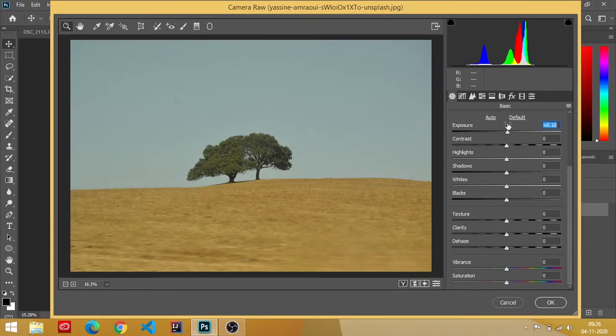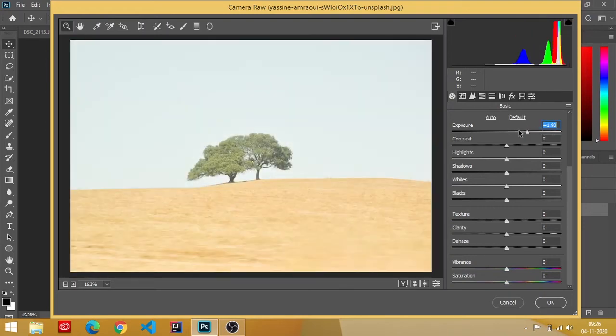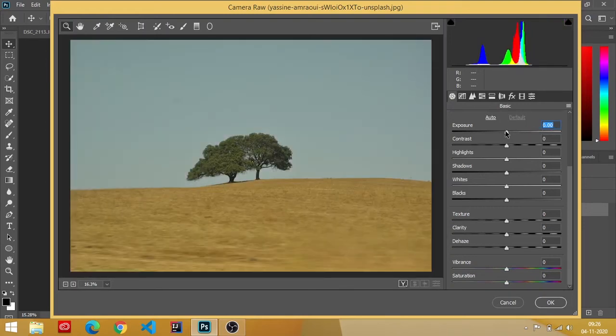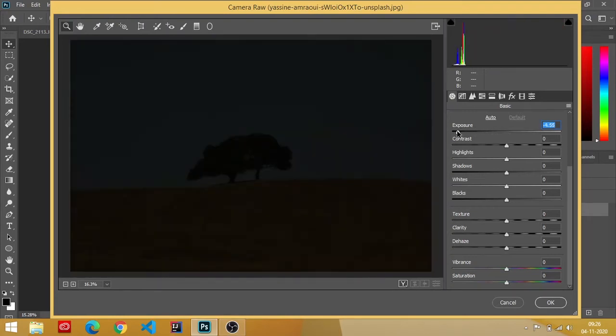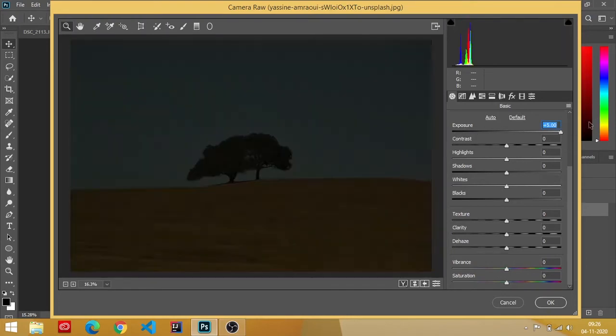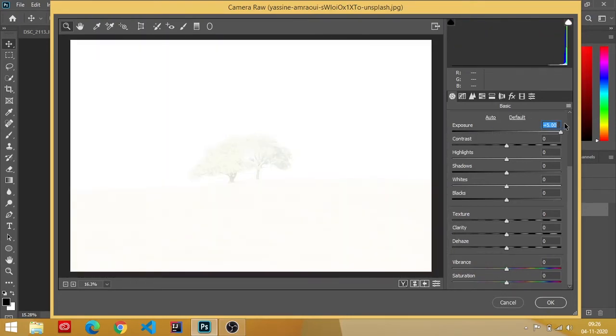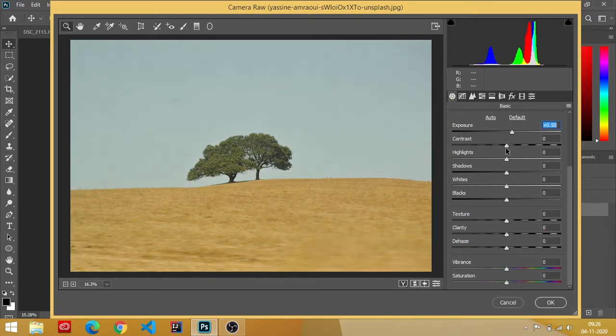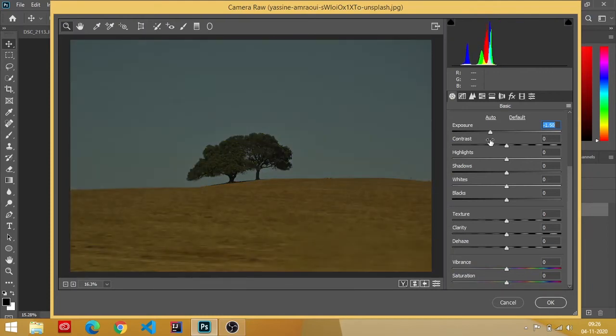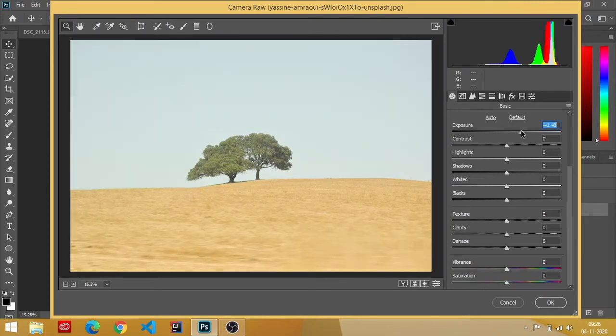Okay, remember one thing. If you increase the slider to the right side, the brightness level will increase. If you drag the slider to the left side, it decreases the lightness. Look, guys, this is the difference between the exposure right and left sliders, guys. Negative and positive values, as in mathematics. If the positive values are present, it gives lightening. If the negative values are present, it gives dim light, like dark. I think it is pretty good.